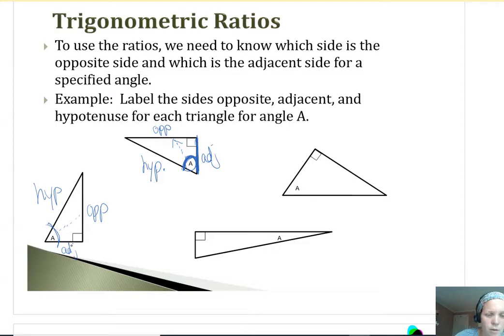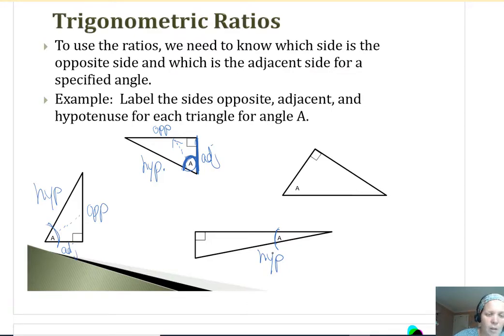Okay, now the one next to it on the bottom, here's angle A. Hypotenuse will be that one across from 90 degrees. Notice a lot of times hypotenuse is the one that's like the angled side. The vertical and the horizontal are typically the opposite and adjacent. Not for the last one that we haven't done yet, you can see, but for this one, hypotenuse is that